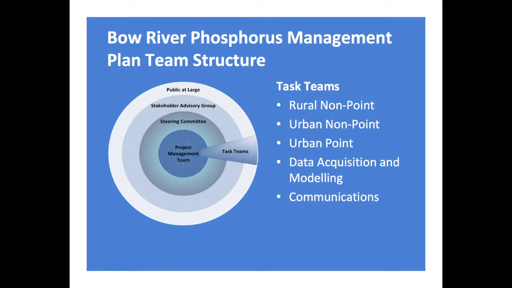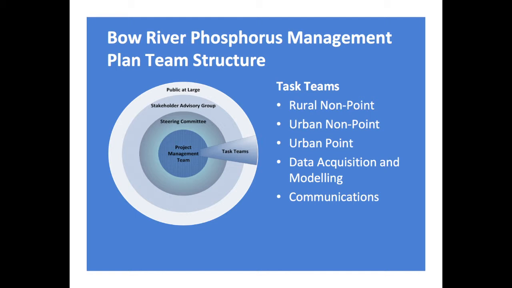But when Rob said in his lessons learned, he said, for your first attempt at watershed management planning, pick a topic that is manageable. Well, we thought phosphorus on the Bow would be manageable. It's huge, and the task teams have had to grapple with that. I mean, when you think about rural non-point sources of phosphorus, you've got livestock, you've got agriculture, you've got irrigation districts, you've got forestry, you've got roads, just so many different variables and aspects. And you have almost no hard data.